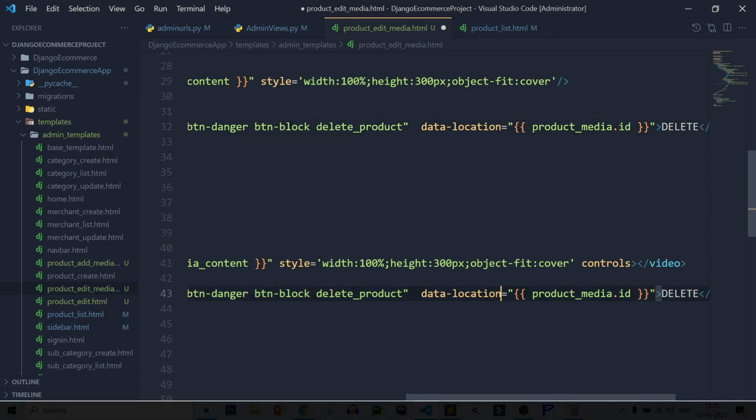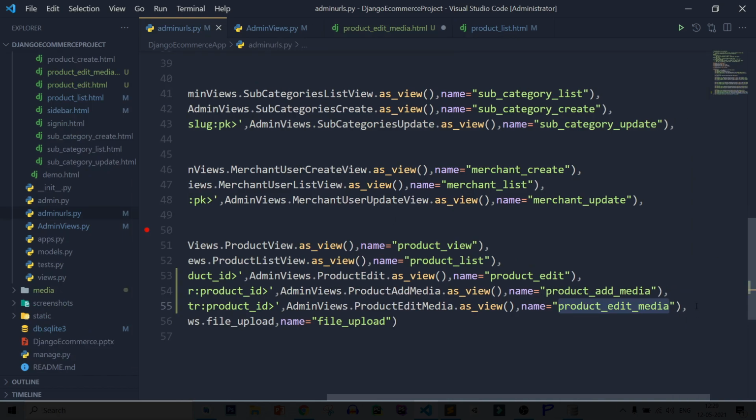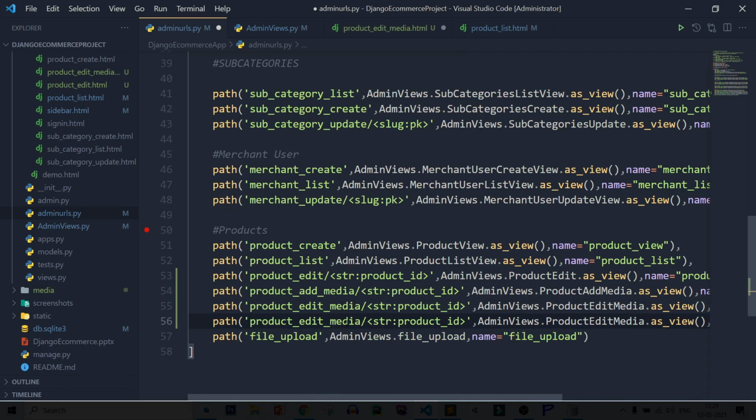And let's see how you can set location. So for this, product media delete, product media delete id.